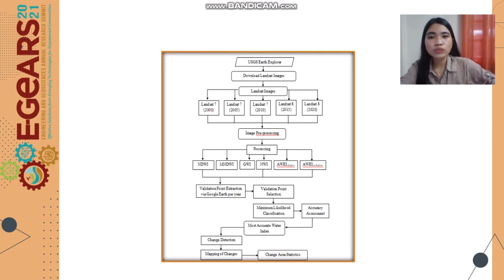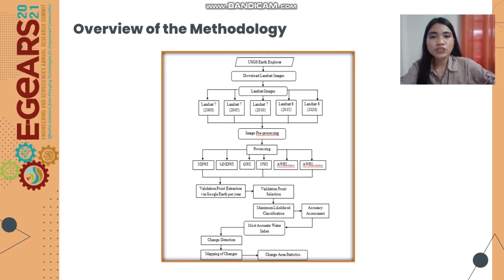This figure showed the overview of the methodology. 5 Landsat images were downloaded from USGS Earth Explorer in GeoTIFF format. Then image pre-processing of the images, then the processing of the water indices applied in this study, then the validation point extraction via Google Earth per year, then validation point selection, then these images were classified through maximum likelihood classification.